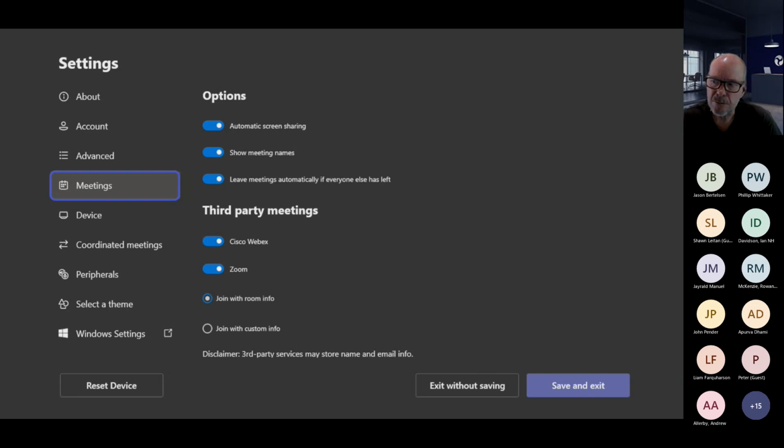Third-party meetings. So if you want to enable it, there'll be a few more there in the near future. I think there's also WebEx, Zoom, and trying to remember the other ones that'll appear in there. Blue Jeans you might see appearing there soon. So you can opt in and out of whether you want all of them. Now, what happens with third-party meetings, it actually uses like a web protocol. If anybody's interested, GoTo is the other one that might appear soon. Now, there's a couple of things we've got to chat about on that. If you enable it,